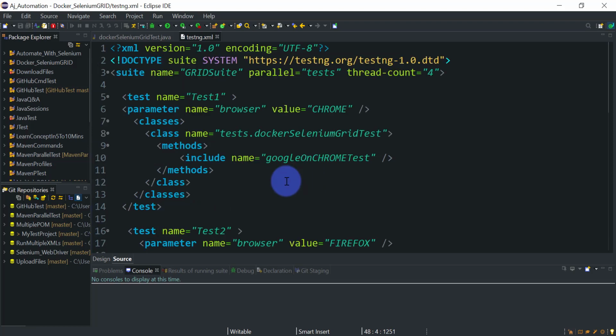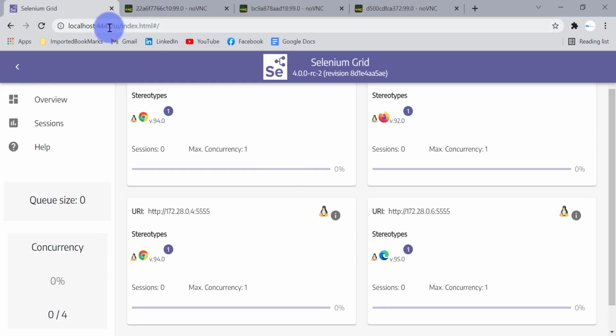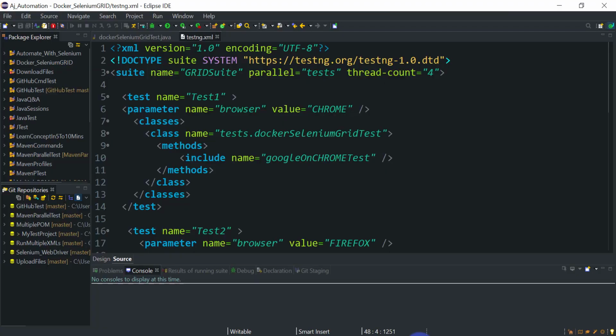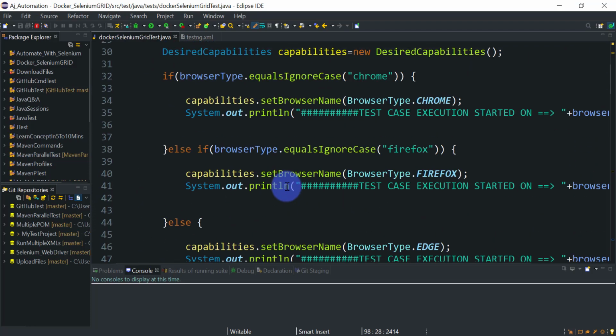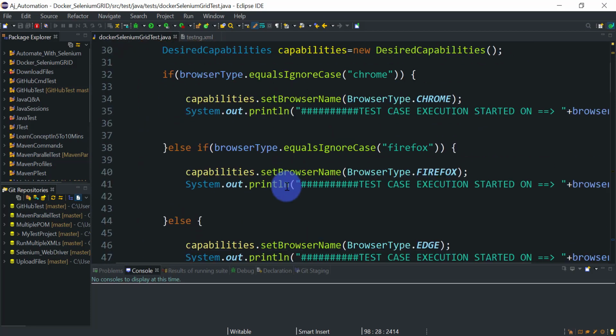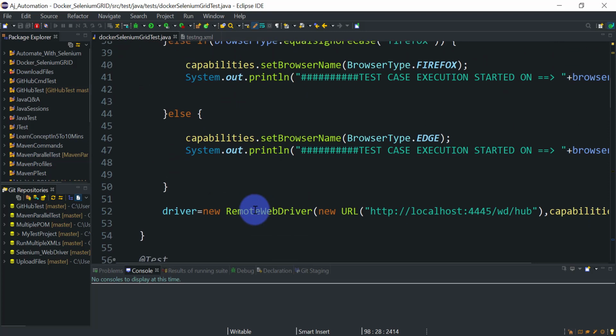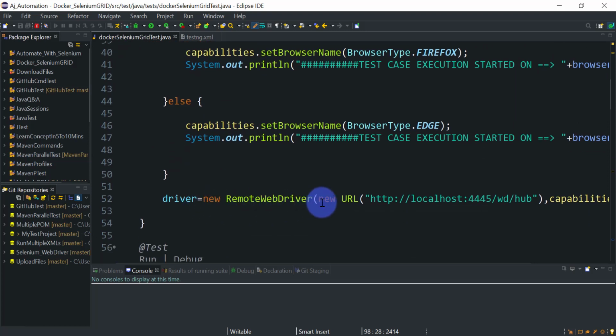So now all we have to do is point our test case to the Selenium Grid running at 4445, right? You can do that from this DockerSeleniumGridTest class in the @BeforeTest method. That is already set here: driver equal to new RemoteWebDriver, and this is the URL you need to give, http://localhost:4445/wd/hub.